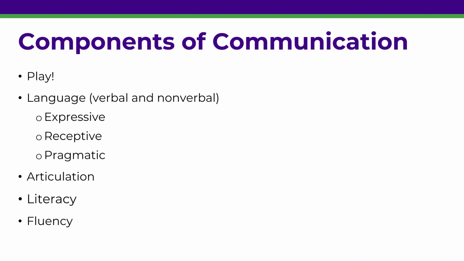Let's talk about the components of communication. One component that is often not thought about is play, and this is very important for learning back and forth reciprocal interaction. Next is language, which includes verbal and nonverbal forms of language. Types of language areas are expressive, receptive, and pragmatic language, which I will define soon. Other areas of communication are articulation, literacy, and fluency. We won't be discussing literacy and fluency in this talk, but let's start talking about